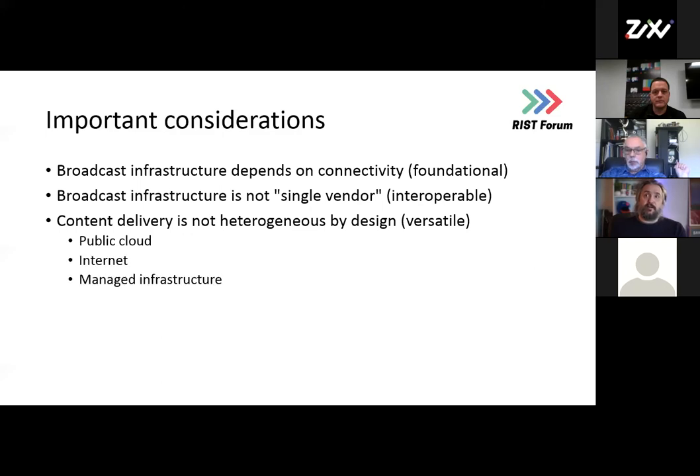Next point. And this is the versatility thing, right? We talked a little bit about this. Content delivery used to be very simple. You used to have an RF tower transmission, and people had a television set with rabbit ears on the top, and of course that's not the case anymore. We're now in a world where we have smart connected TVs, laptops, iPhones and tablets and all sorts of devices that are capable of receiving content and frankly are used. And so we need a technology that has the versatility to work with all of those supply chains and that heterogeneous form of content delivery.